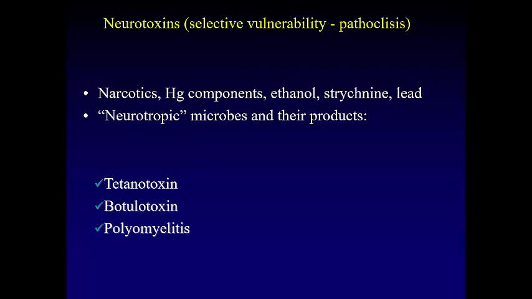and we may understand the idea of pathoclisis in two ways. First, the nervous system itself is selectively vulnerable, but even within the nervous system we have different sets of neurons which are selectively vulnerable towards different pathogenic factors. For example, we know that Purkinje cells are selectively vulnerable to ethanol,